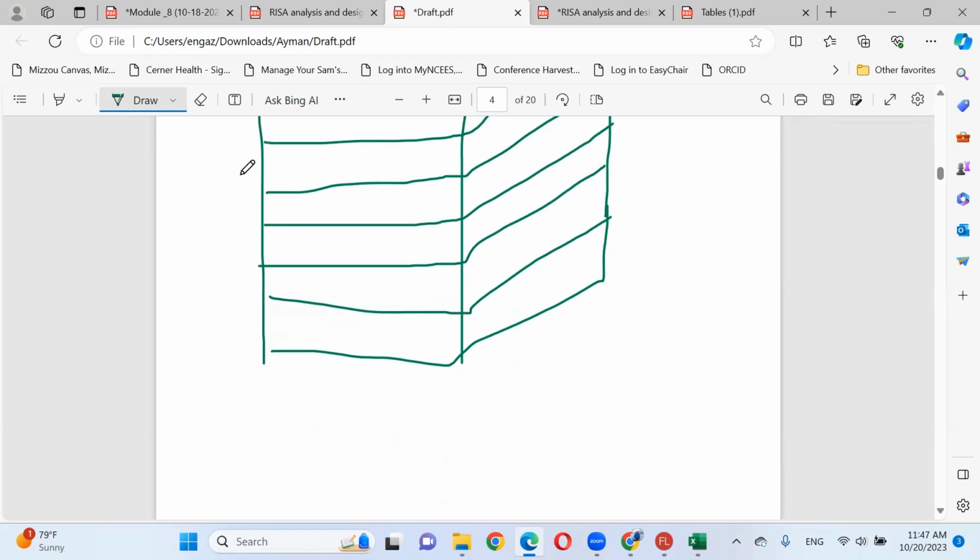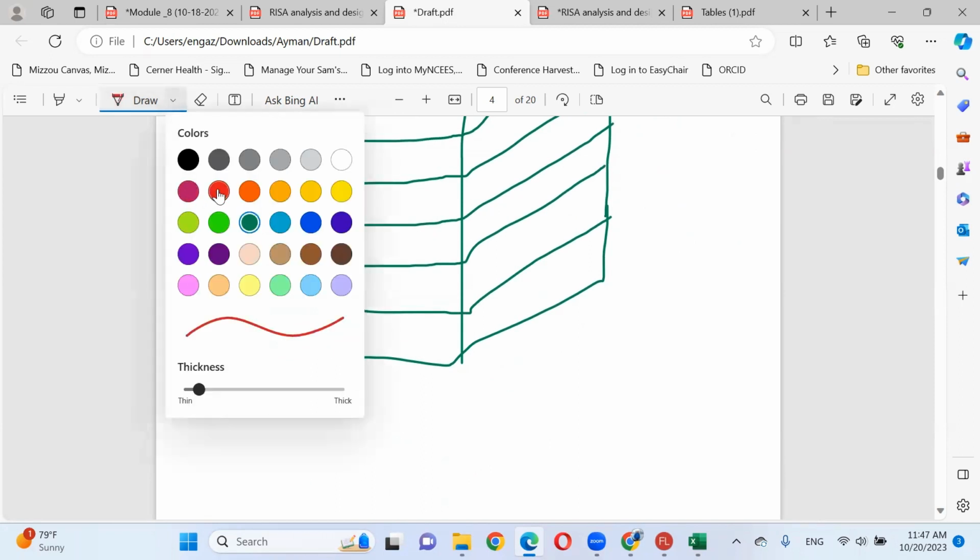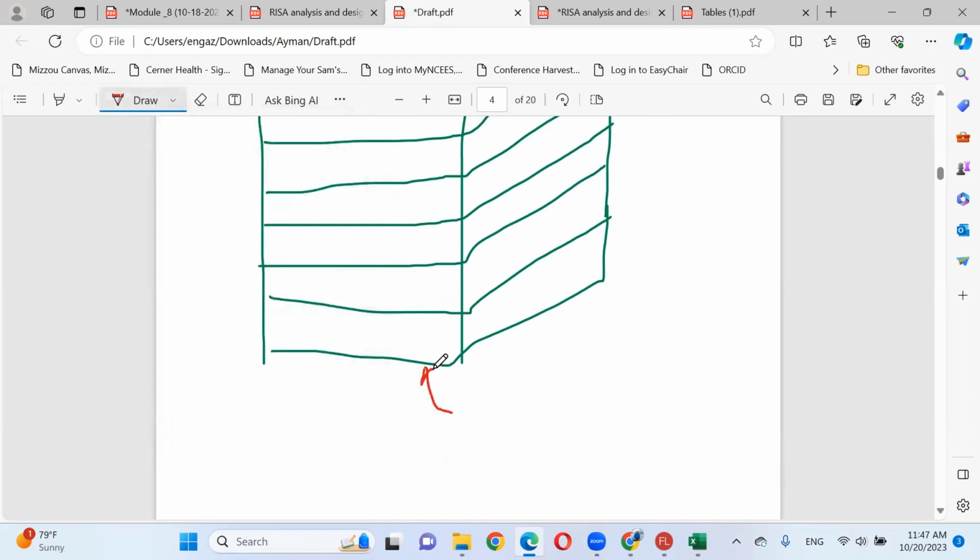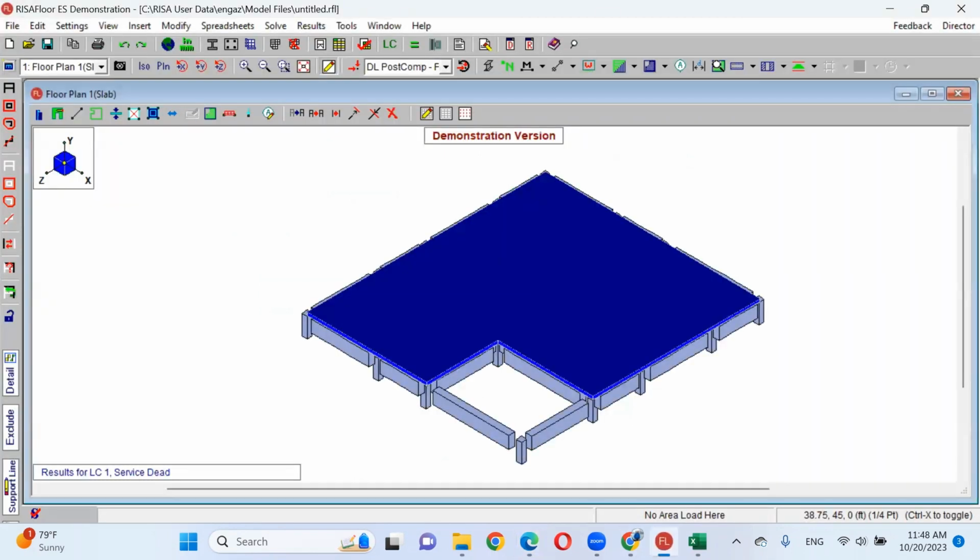What you did in Riza, you simulated only one floor. Can anybody in this meeting see more than one floor? It's only one slab with one level of columns.